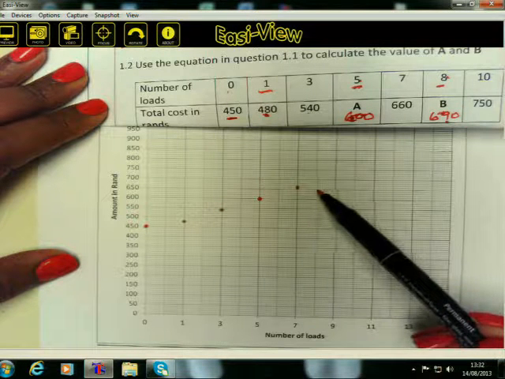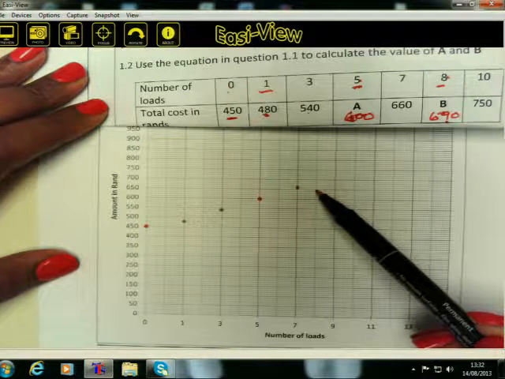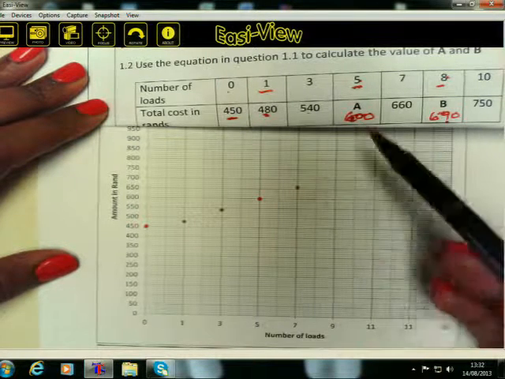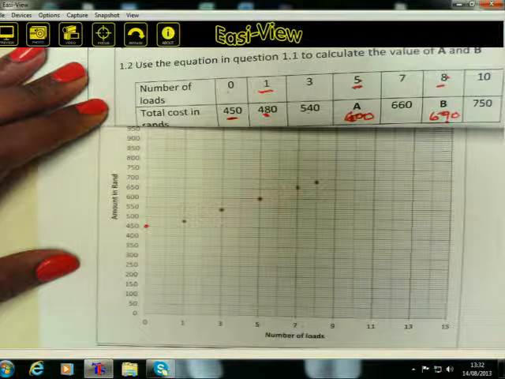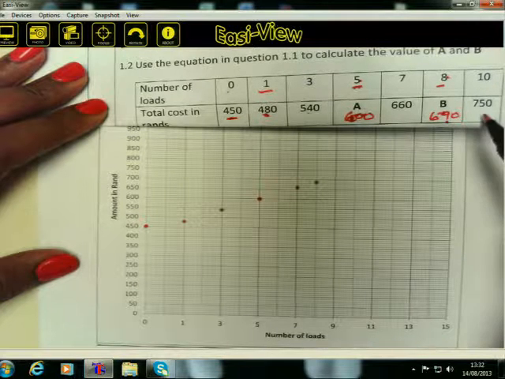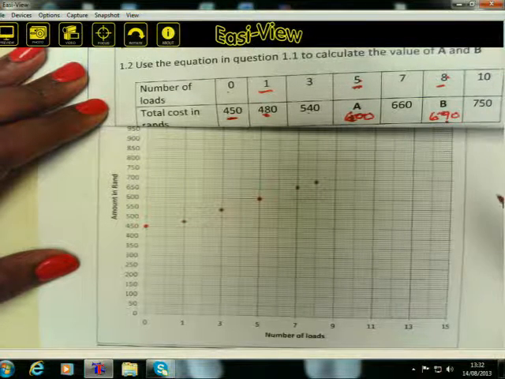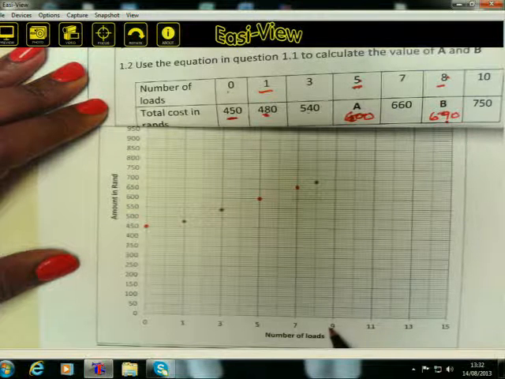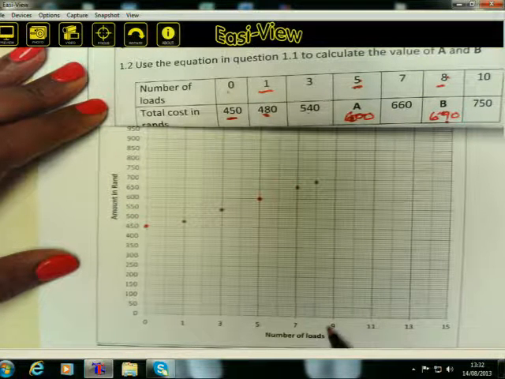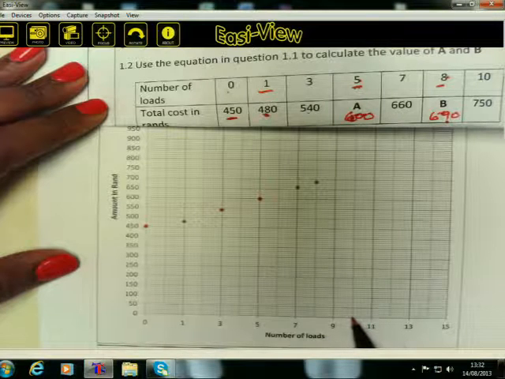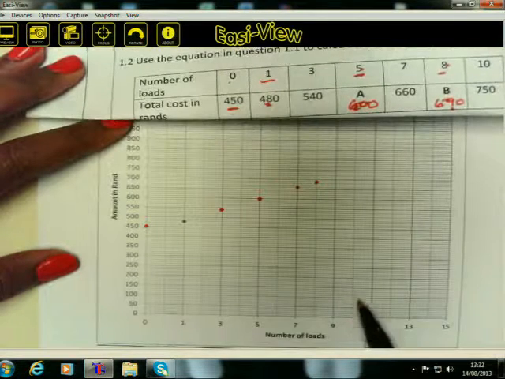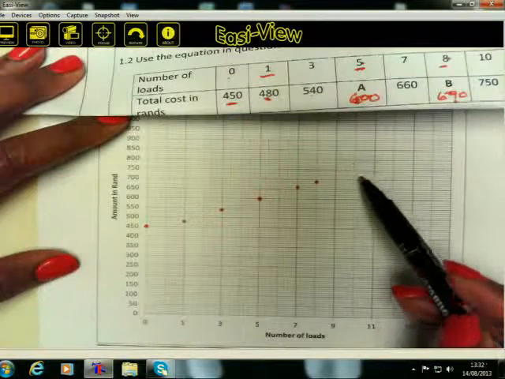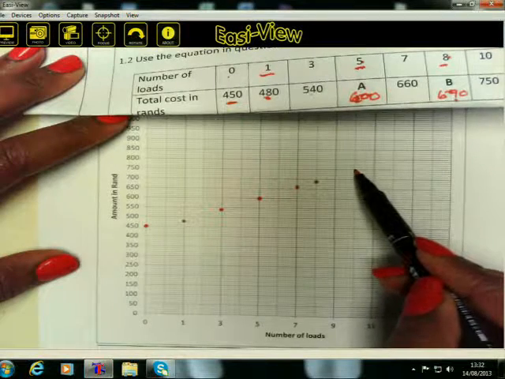If you look there, we said 650, 60, 70, 80, and 90. 690 will just be below 700. And the last value that we have to plot is 10 loads, and the cost will be 750. Remember again, we have 9, we have 11. Between 9 and 11, you find 10 loads. So our 10 will be there, and the cost will be 750. So we go up 10, and then